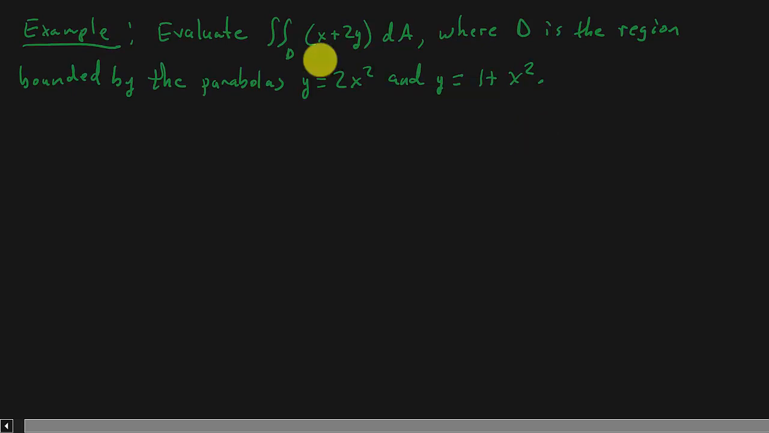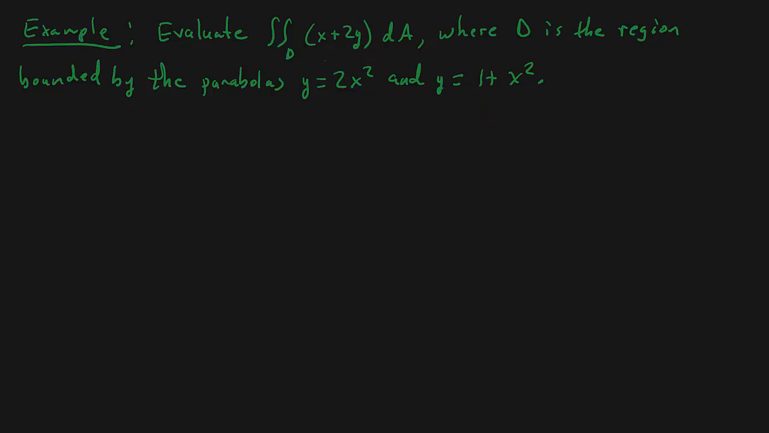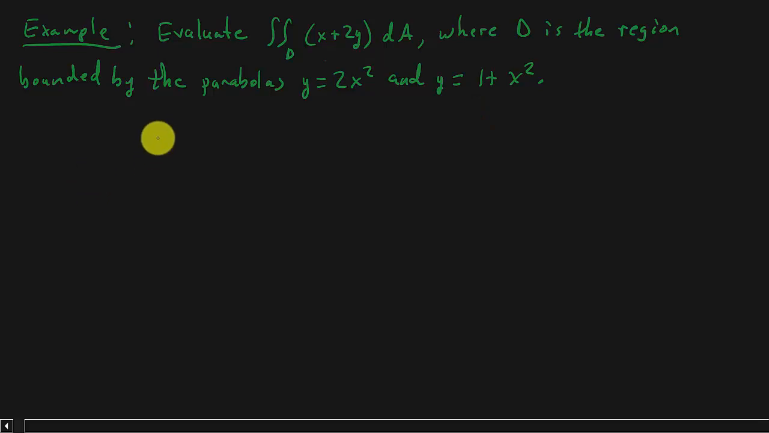All right. So we want to evaluate this where D is the region bounded by the parabolas y equals 2x squared and y equals 1 plus x squared. So whenever you're integrating these things, and you have to set up your integral, just go ahead and make a quick sketch of it. Okay, you want to always do that. All right, so if we make a quick sketch of this,